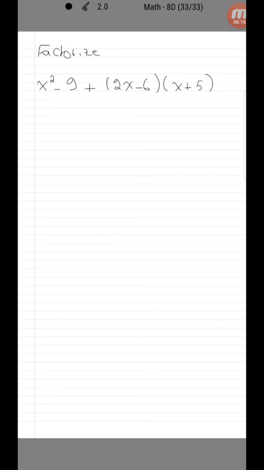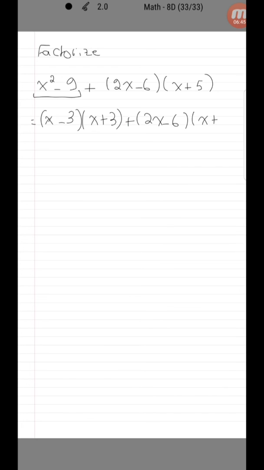Okay guys, now factorize x² − 9 + (2x − 6)(x + 5). First I need to factorize these two terms. x² − 9, I have a difference of two squares since I have two terms with subtraction. So I take the square root of the first term, x, and the square root of the second term, 9, is 3. Now (x − 3)(x + 3) plus (2x − 6)